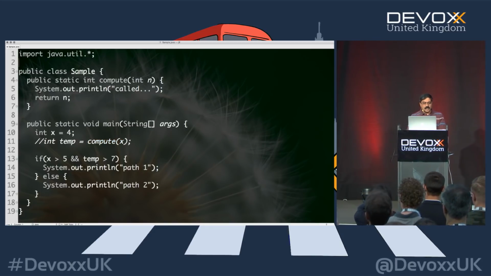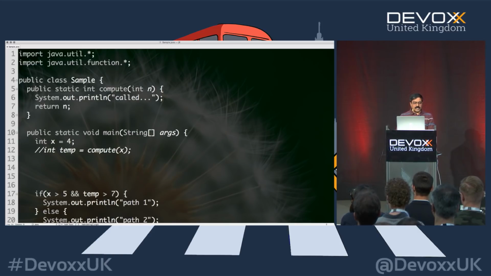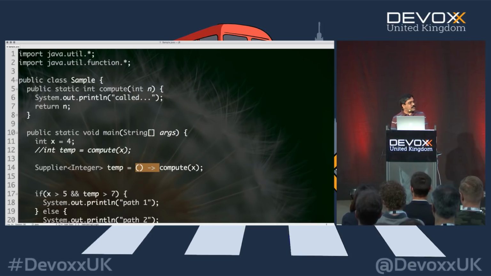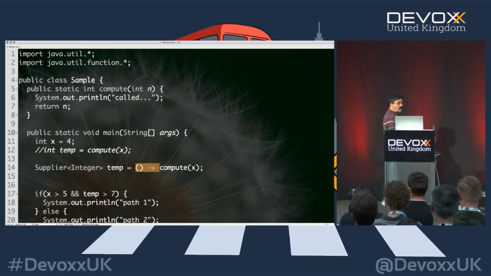So how do we really do that? Well, in order to do this, I'm going to bring in the functional interfaces over here. And what I'm going to say in this case is, I'm going to say int right here, but instead I'm going to say Supplier. And this is Supplier of, let's say, Integer. And I'm going to call it temp is equal to. Notice, rather than calling the compute method, we are introducing beautifully a level of indirection. That here, right there, is the level of indirection that you see right there. That is how simple it is to add a level of indirection into the code by saying, don't call compute, instead pass the compute to the lambda, and then hold on to that lambda for a minute.